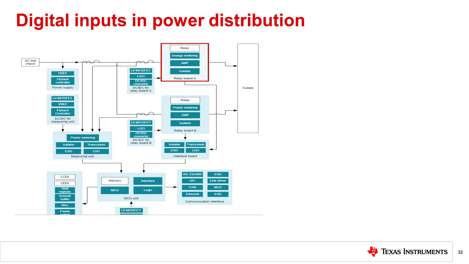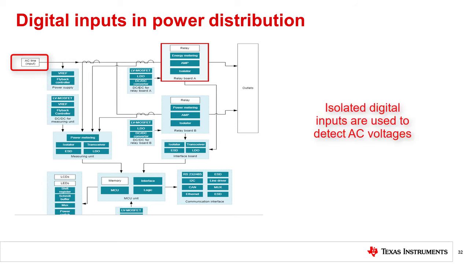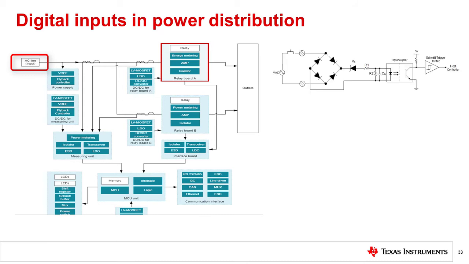Digital inputs and power distribution. 110 volt AC and 240 volt AC are popular line voltages for domestic and industrial use. 110 volts and 220 volts DC batteries are used as auxiliary power supplies in power distribution and power station automation. The detection of the absence or presence of these line voltage and battery voltages and their exact levels, or the status of relays that connect to them, is an important function in power distribution systems for industrial automation and protection relays, among others. Traditionally, AC voltage detection circuits could be built using optocouplers, as shown here.